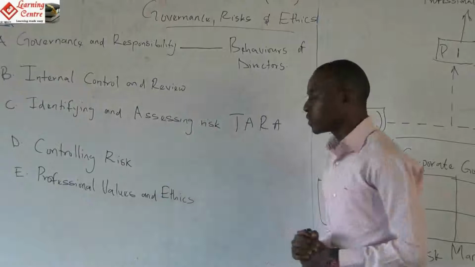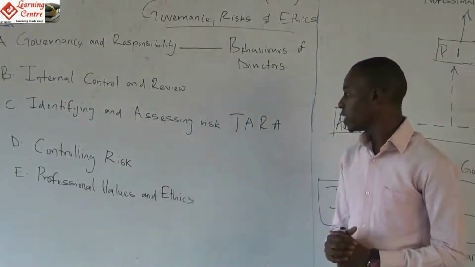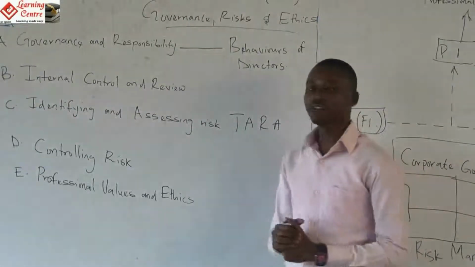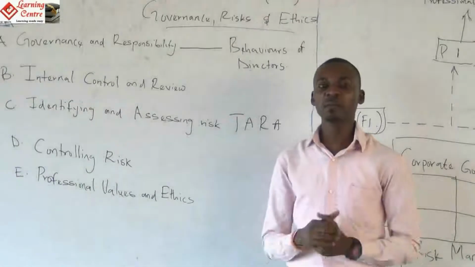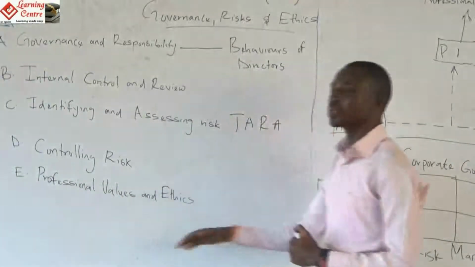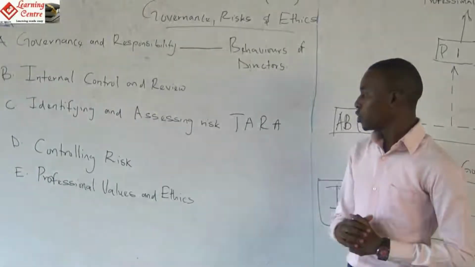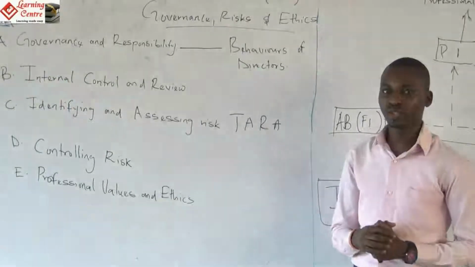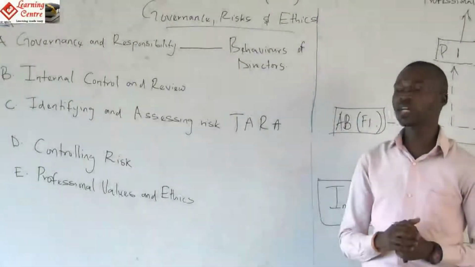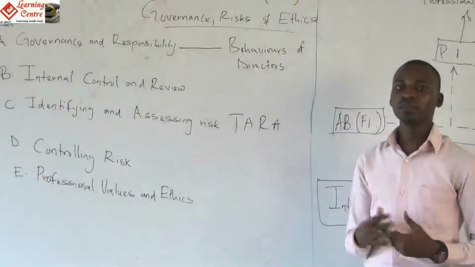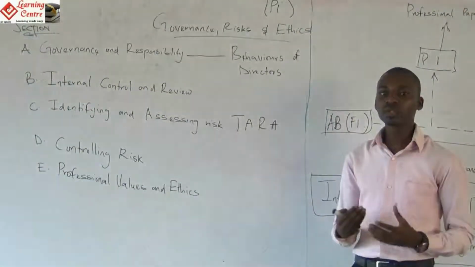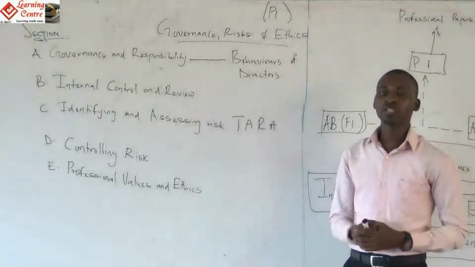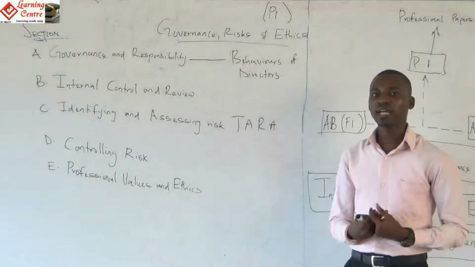The last part of the syllabus, which is equally very important, is about you, the accountant, and how you affect the organization and the life of every other person around you, and it is professional values and ethics. Your professional values and your ethics as an individual will infer on how you make decisions wherever you find yourself in the organization. And as such, it is important for us to understand the ethical stance, the ethical background of each and every one of us, and how our decisions are going to be seen ethically by the outside world.